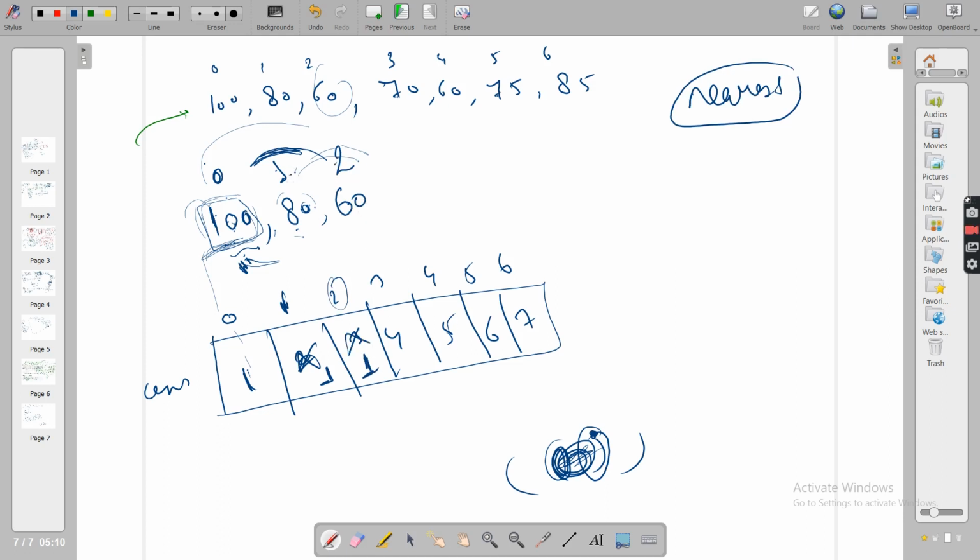Now see guys, what I say, 60. Let's say the new incoming element is 70, but let's not put it here yet. Can this 60 be of any use to its right? I say yes, because let's say you have 55. For 55, 60 will be the blocker, because you want the nearest greater element. So 60 can be the nearest, because after 60 you are getting 80, then 100. So let's keep 60 here.